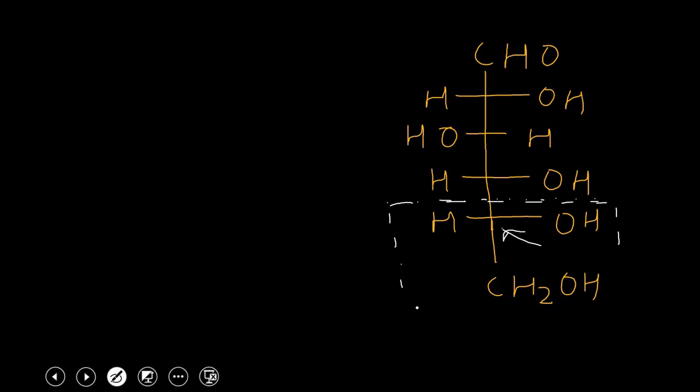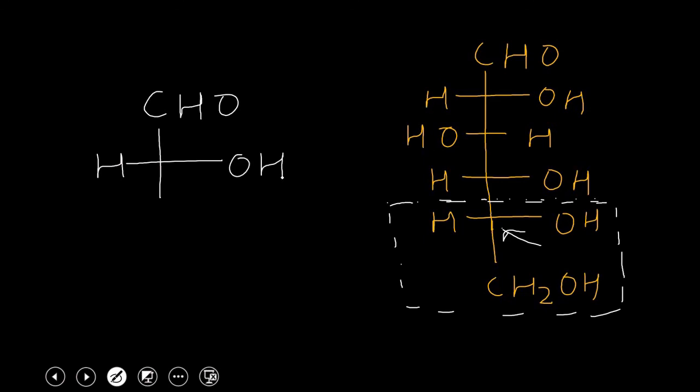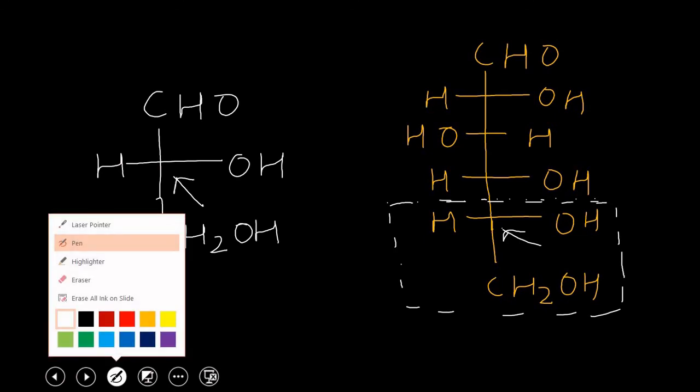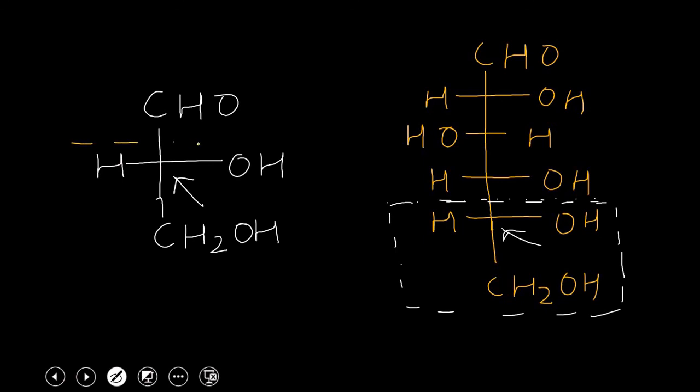One more point I would like to mention here. So this I have written for glucose. I will write its name later on. Then CHO. Children, try to recall, just now I have discussed this with you, CHO, CHOH, then we have CH2OH. So if you look at the second asymmetric carbon atom, you will see OH is present on the right hand side. So what does it mean? What is its configuration? OH on the right hand side means this is the D. So this is D plus glyceraldehyde. I am writing the name here. This is D plus